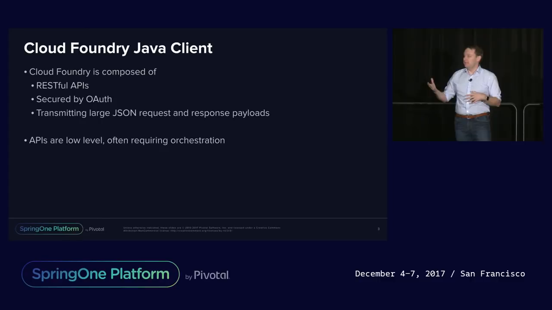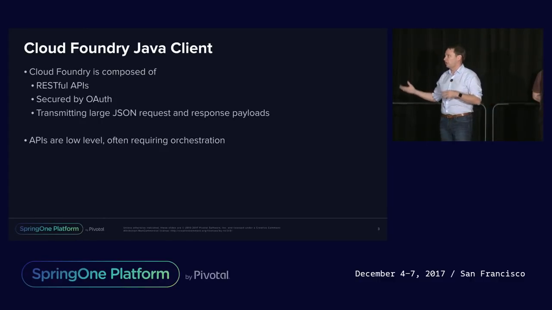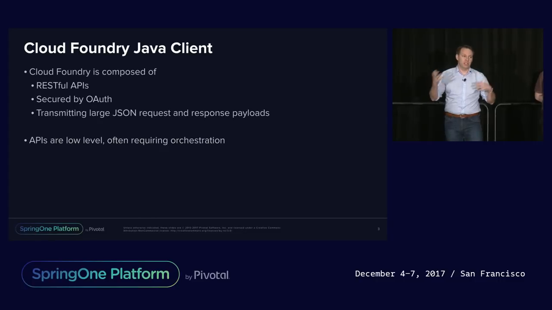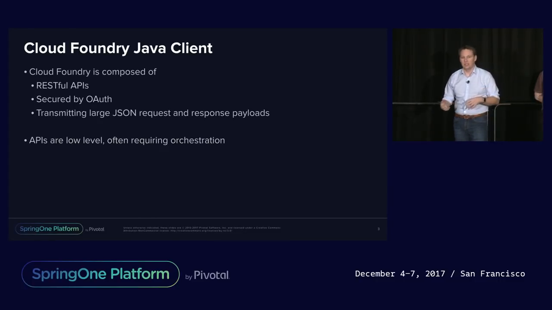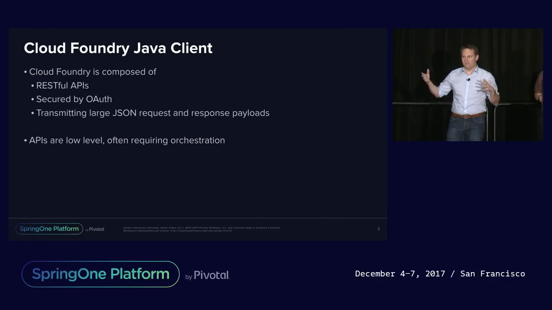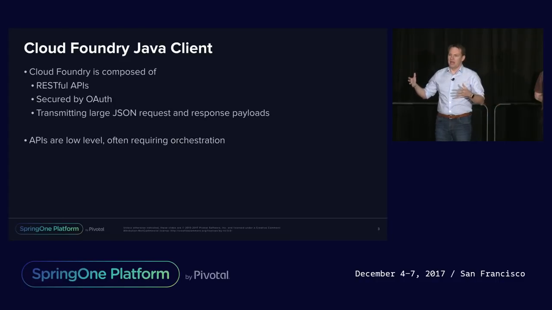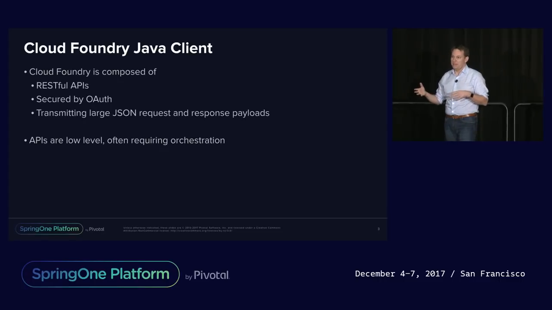It's a language binding that sits on top of Cloud Foundry's RESTful APIs. It's got security with OAuth, transmits large JSON payloads back and forth, has to do tons of serialization and deserialization, and we find out that the API is very, very low level. There are about 550, 600 maybe APIs in Cloud Foundry itself. So we're looking for the ability to write a library that not only can access every single one of those low-level APIs,